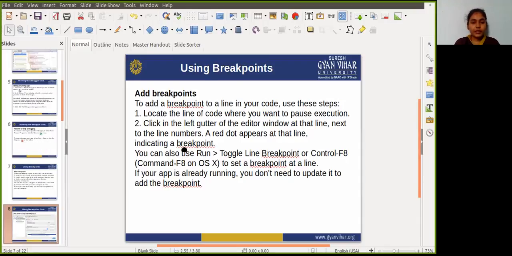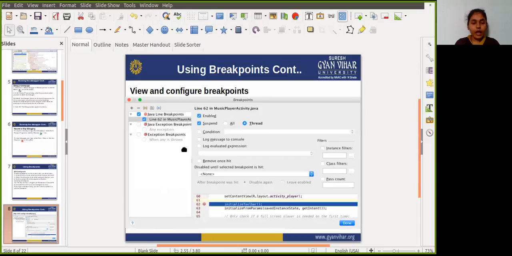Okay. Next, how we can view and configure the breakpoints. So to view all the breakpoints you have set and configure breakpoint settings, click the view breakpoints icon on the left edge.